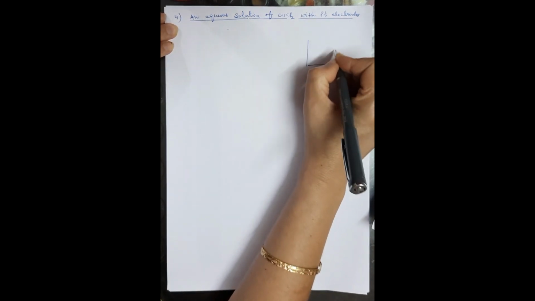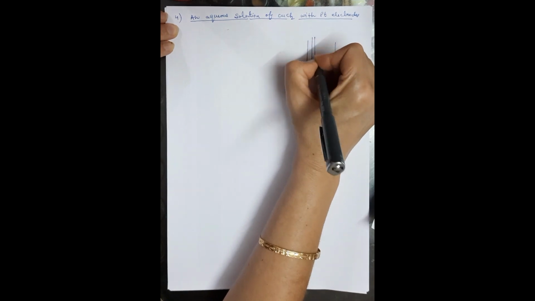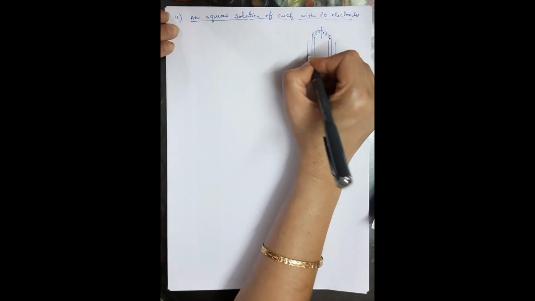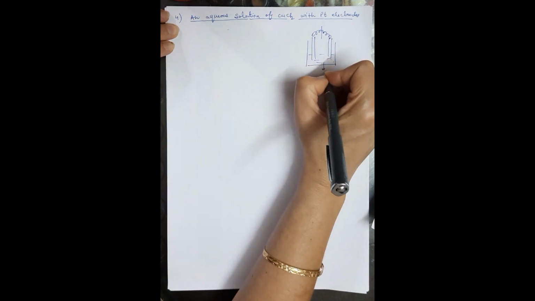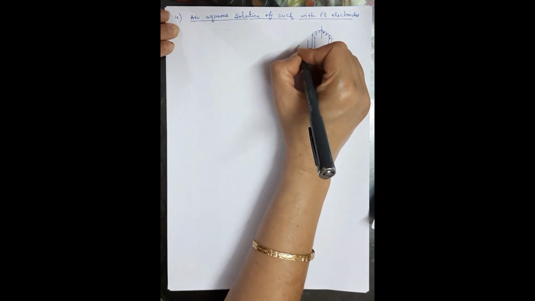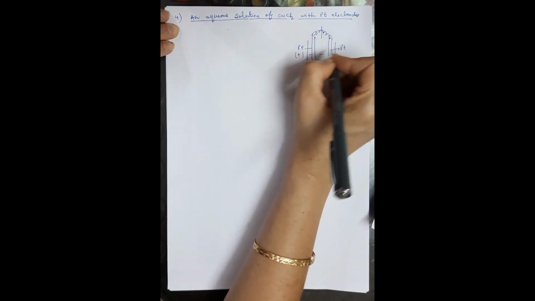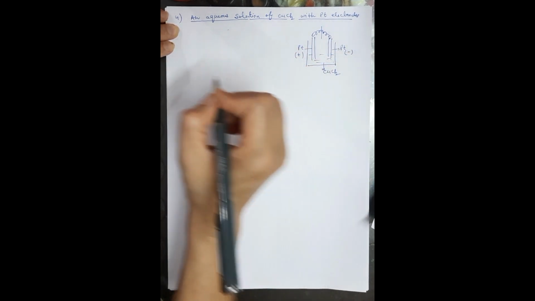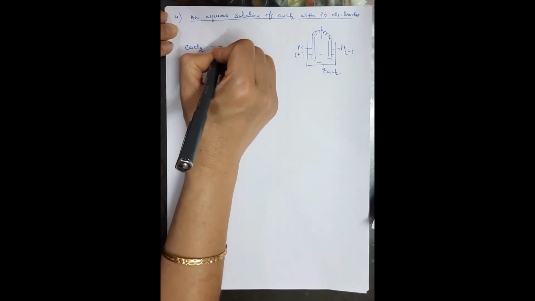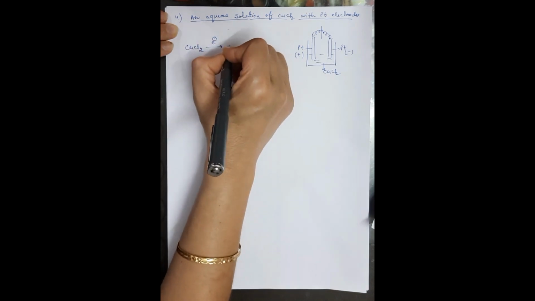So you can make the diagram yourself also. These are the two electrodes which are made up of platinum connected with a battery, and here it is copper chloride electrolyte, and both of them are of platinum. This is positive terminal anode and this is negative terminal cathode. What happens when electricity is passed through copper chloride?